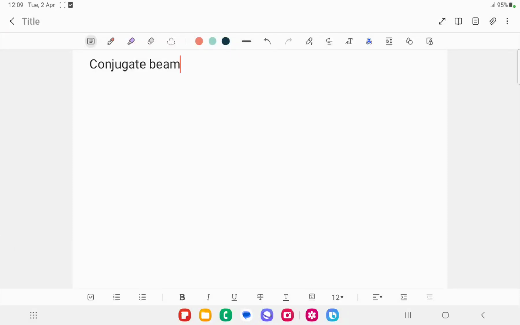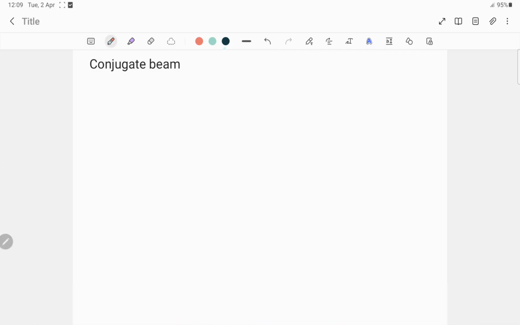Hello everyone, in today's video I will be starting a new topic called conjugate beam. So here first I'll write the definition of the conjugate beam, that is conjugate beam. I'll write here in short, that is CB. Okay, so now conjugate beam is defined as